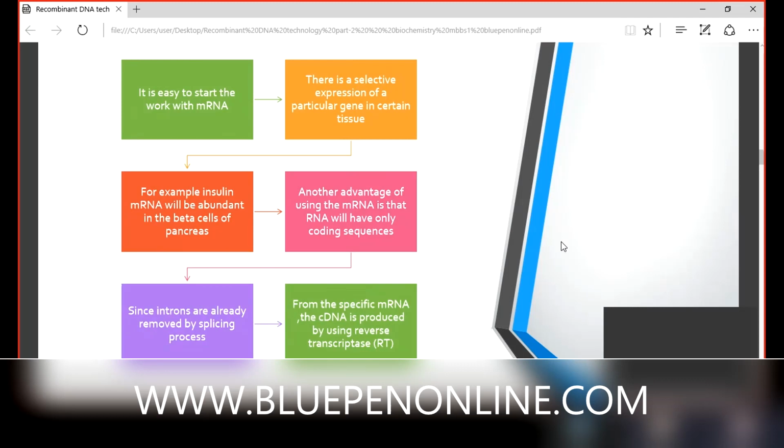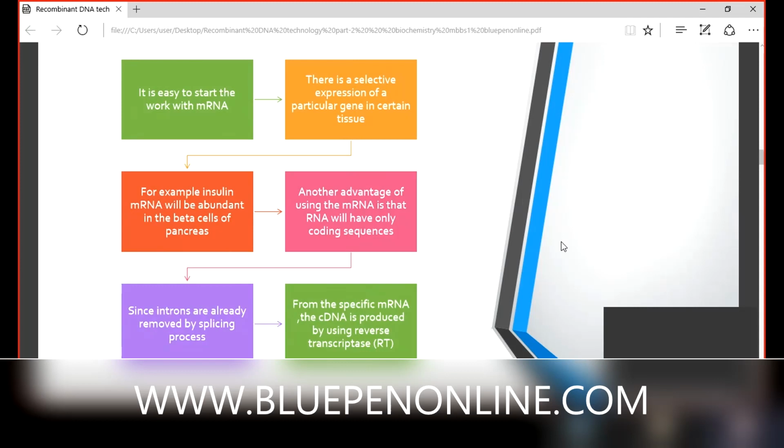For insulin synthesis, just imagine there is a requirement of insulin synthesis. So DNA undergoes replication, then transcription, then translation, and that particular insulin synthesis occurs in our body. So in that pathway, we take only that mRNA. Another advantage of using the mRNA is that RNA will have only the coding sequence, since introns are already